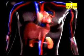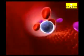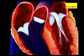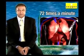Well, in simple words, it's the pressure that's generated as the heart pumps blood into different parts of your body. And that's how various organs in your body get their nutrition so that they keep working. This blood then returns back to the heart and it's pumped again. Your heart pumps blood 72 times a minute, or